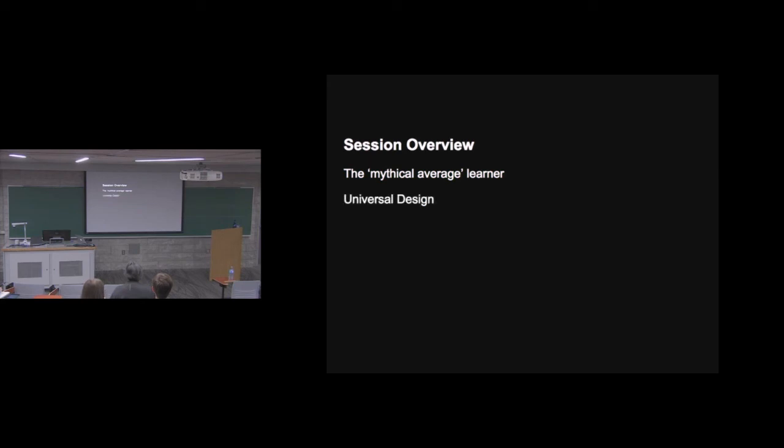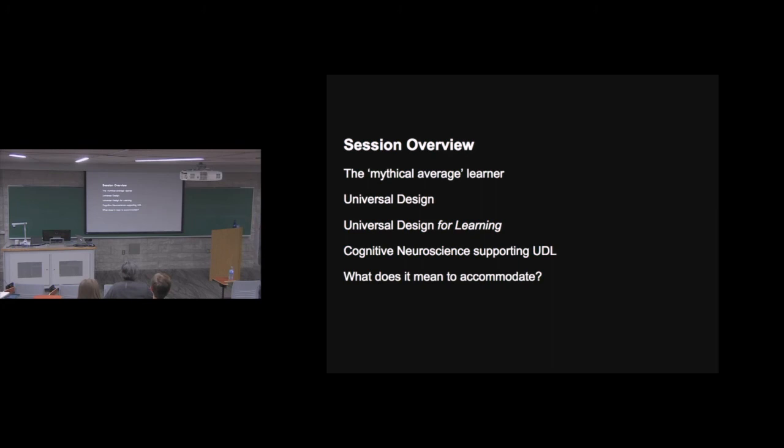We'll do a very brief introduction to universal design, and if there are any architects or engineers in the room who can weigh in on that very basic understanding of universal design, that would be great. We'll then tie it to the educational component behind this, and that's universal design for learning. There's a number of models that use universal design in instruction and course design, but we focus solely here on universal design for learning. We'll then look at some of the cognitive neuroscience that supports this framework for designing courses and teaching. Gabrielle will bring us through that.